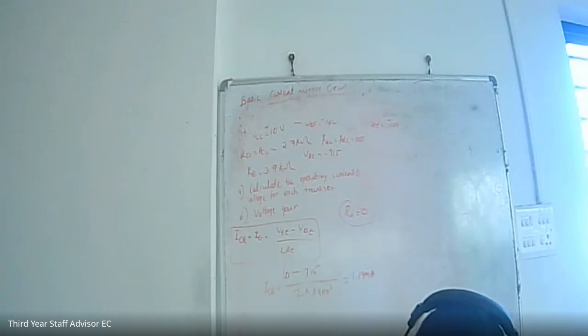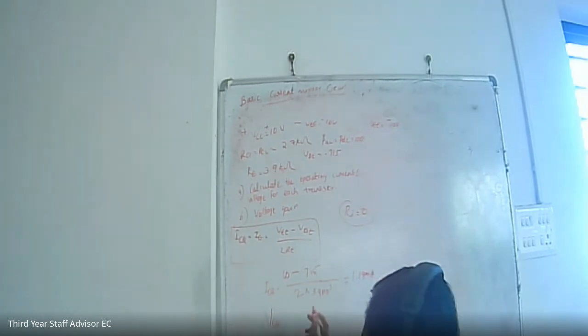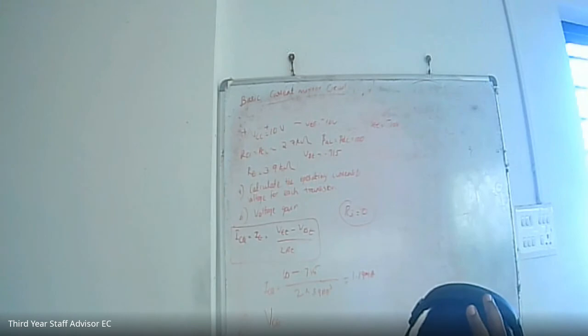Next, operating current and voltage for each transistor. So next you have to calculate the voltage for each transistor. When you go to the circuit diagram, its voltage is VC. Actually it is not asking to find the quiescent operating voltage; you are asked to find the voltage for each transistor. So the voltage for each transistor is VCE, the collector-emitter voltage. So VCE you have to find out, but it is not VCEQ.